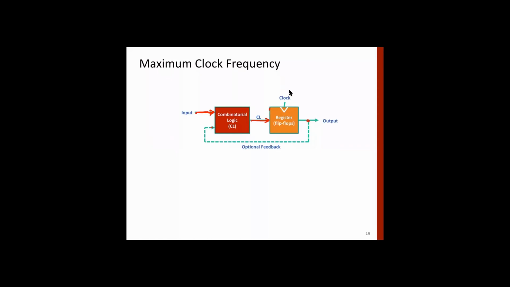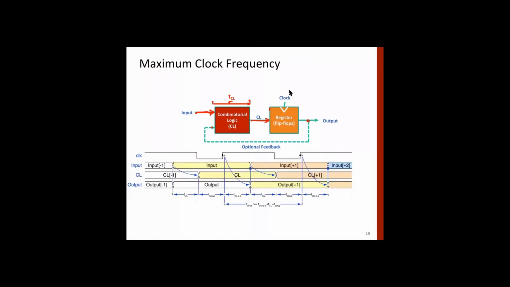Okay, so let's look at the delay. So we have the combination logic delay, which we call TCL. Okay, and then we need what? This output is available, and we have to hold it. There has to be, sorry, setup time before the leading edge of the clock. Okay, and there has to be hold time, and then we say that from the leading edge of the clock, output is available after a certain time.